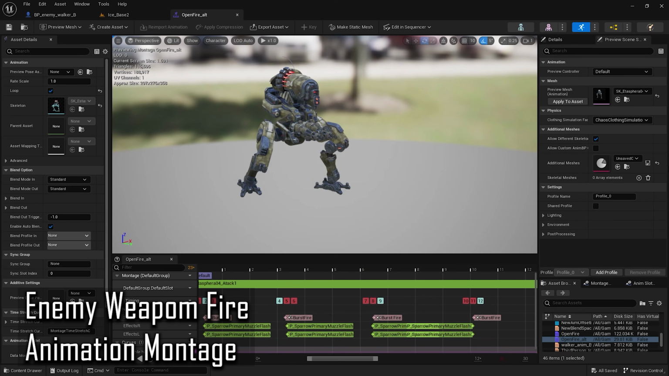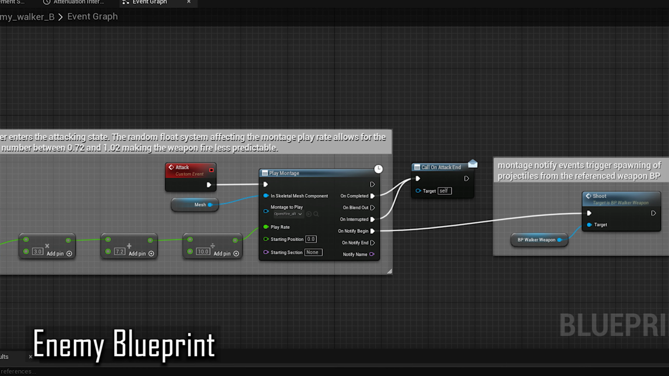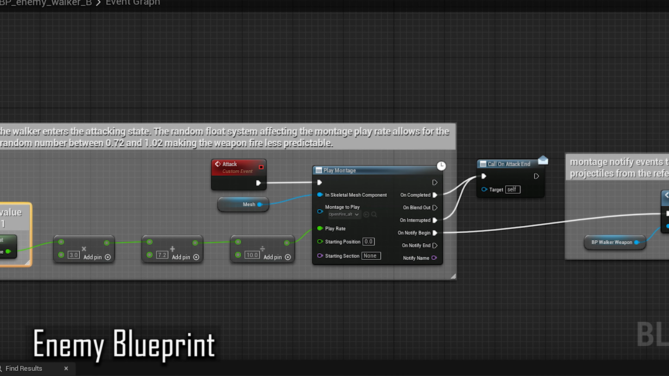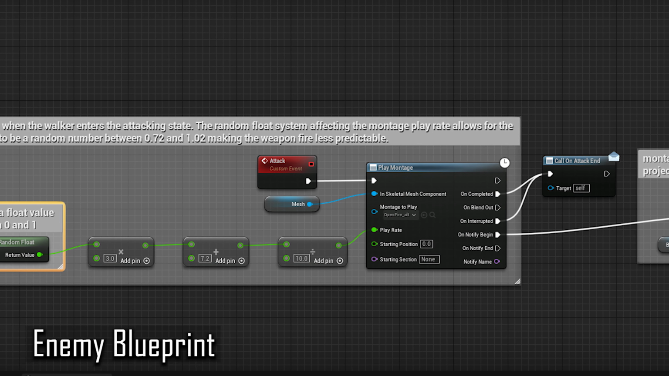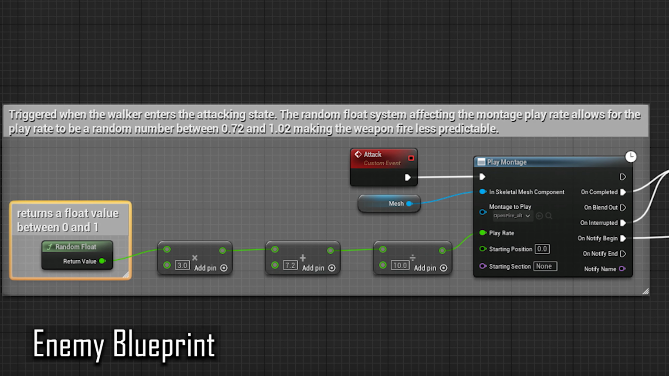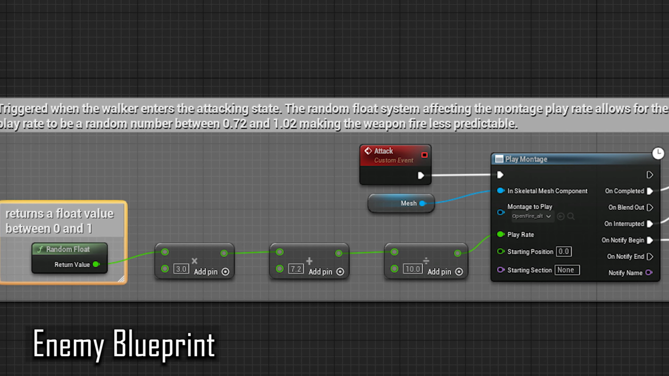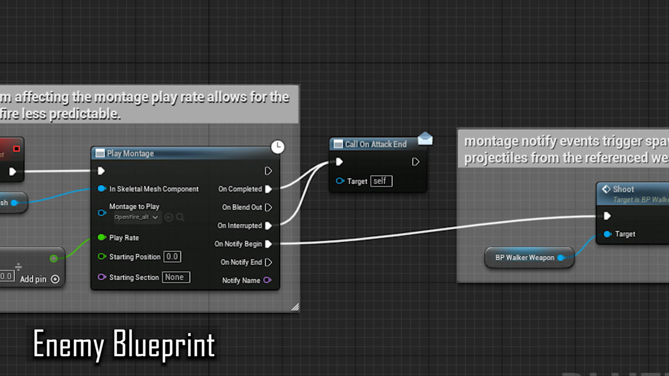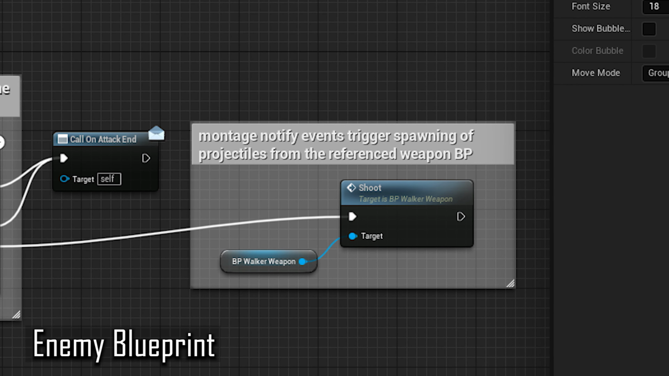Within the game, this weapon fire sound system is triggered via the following process. Step 1. The enemy is told to attack the player via a behaviour tree task, which plays the animation montage. A randomised float system is used to vary the montage play rate to make the weapon fighter less predictable and more realistic. Step 2. On each notification event triggered within this sequence, the shoot event is called within the enemy